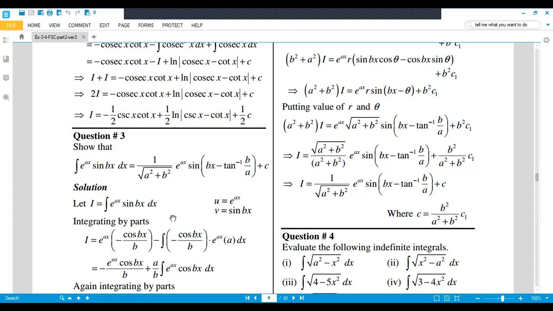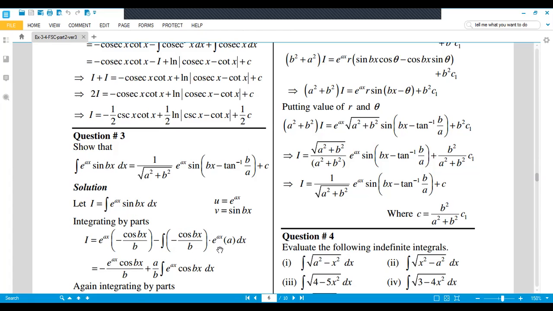So what is integration by parts? The first term, which we consider u, we write as it is, integral of the second term, minus whole integral of the second term's integral and derivative of the first term. This is the integration by parts formula, which I already discussed in lecture number 36. So e power ax as it is, and integral of sine bx is minus cos bx, and further derivative of bx is b, which we divide here.